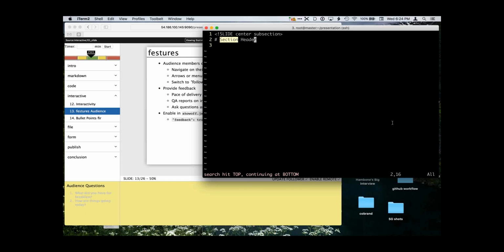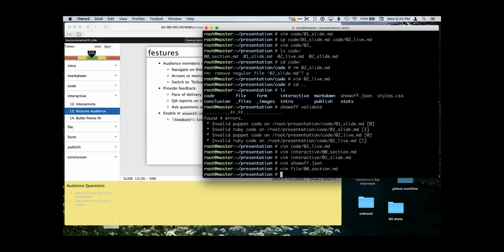In there, I'm going to put a couple of files.